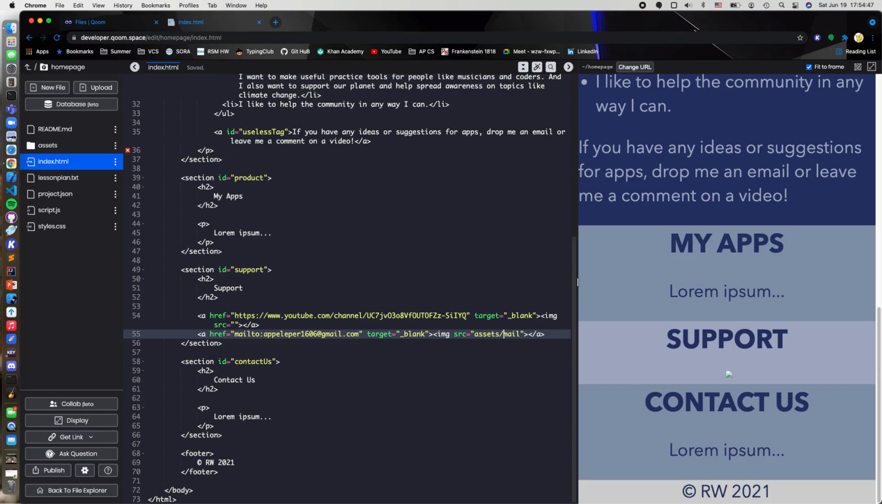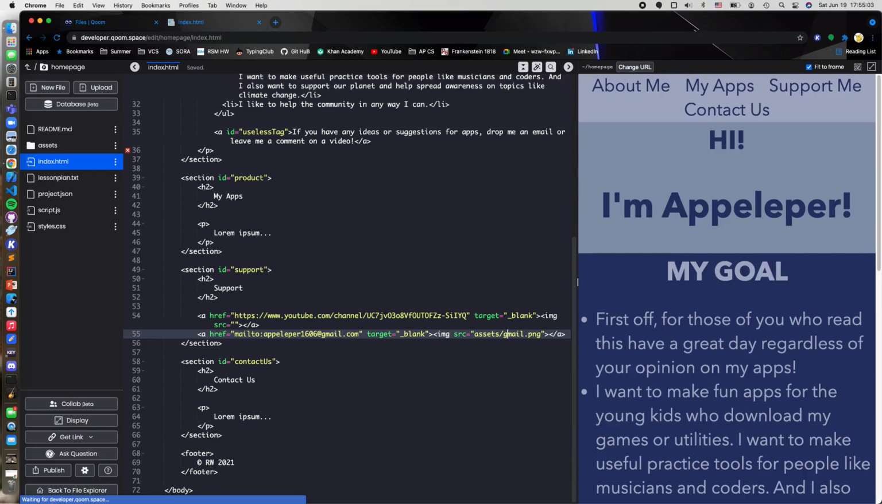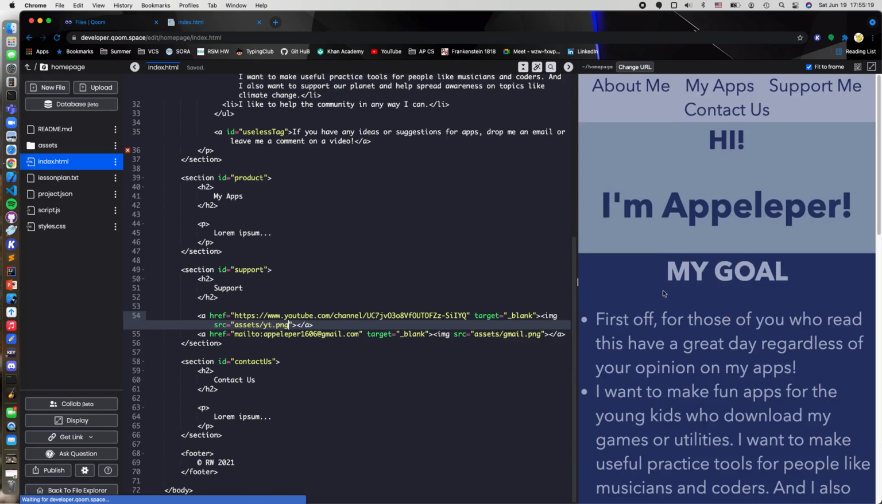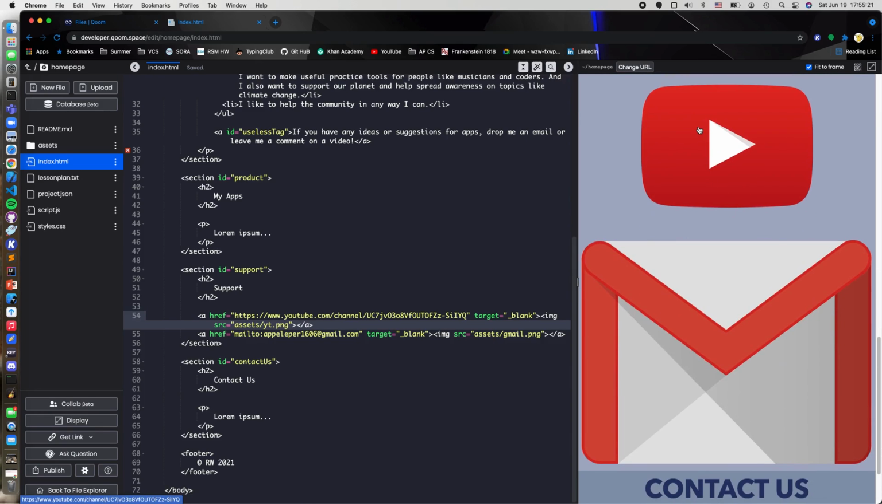So, mail. What I forgot here is that it's not just mail, it is an image, a PNG. Therefore, put mail.png. I believe it's gmail.png. Yes. So now I have a big Gmail here, and for this next image, I want to put assets/yt.png, and magic. Now I have my YouTube channel as well as my